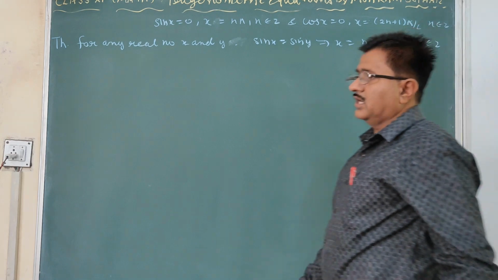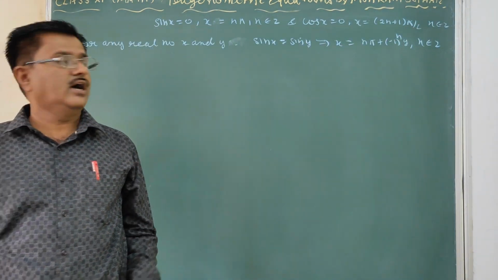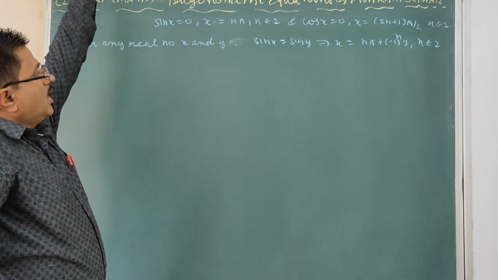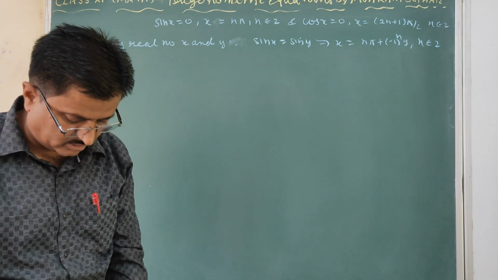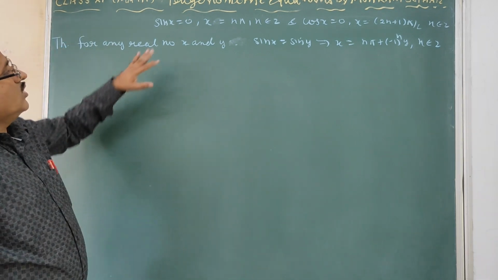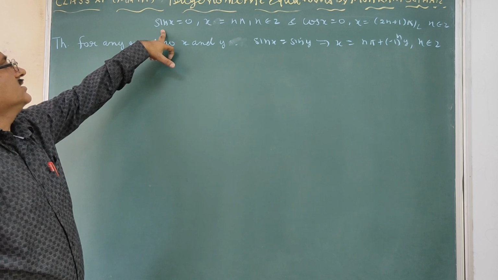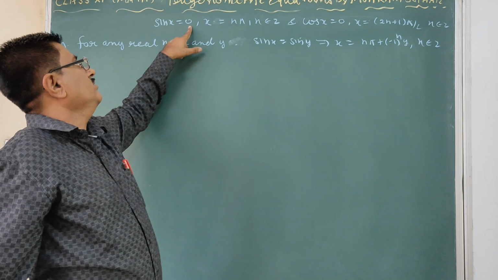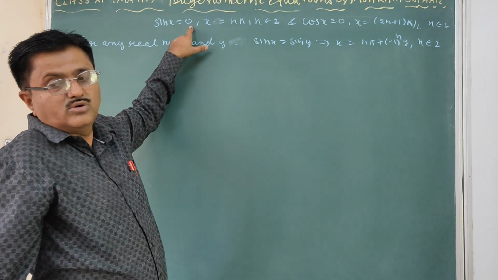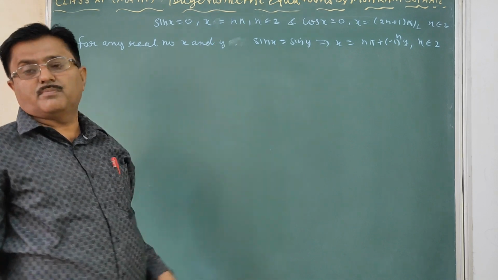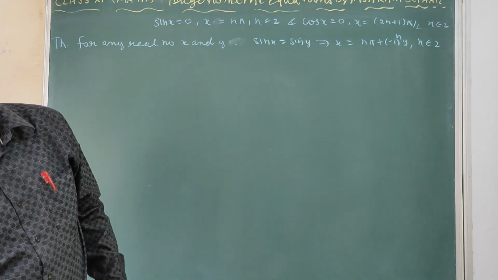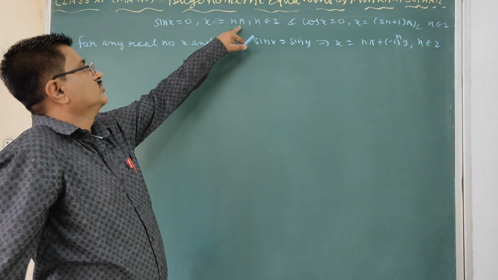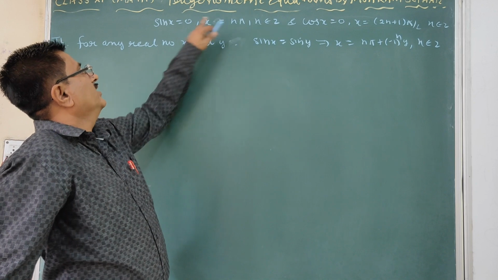So see, we have discussed how to find the principal solution. Now we see how to find the general solution of an equation. Clear? So for that we have in previous topic seen sin x equal to 0 when x equal to n pi, means the value of sin will be 0 at all the angles which are multiples of pi, like 0, pi, 2 pi, 3 pi, 4 pi, minus 2 pi or any. So for all these pi we have 0.